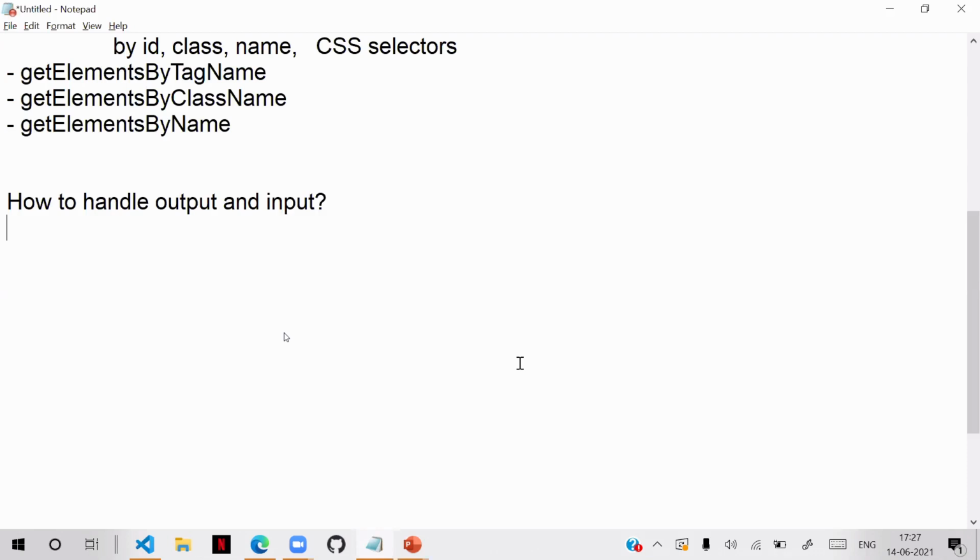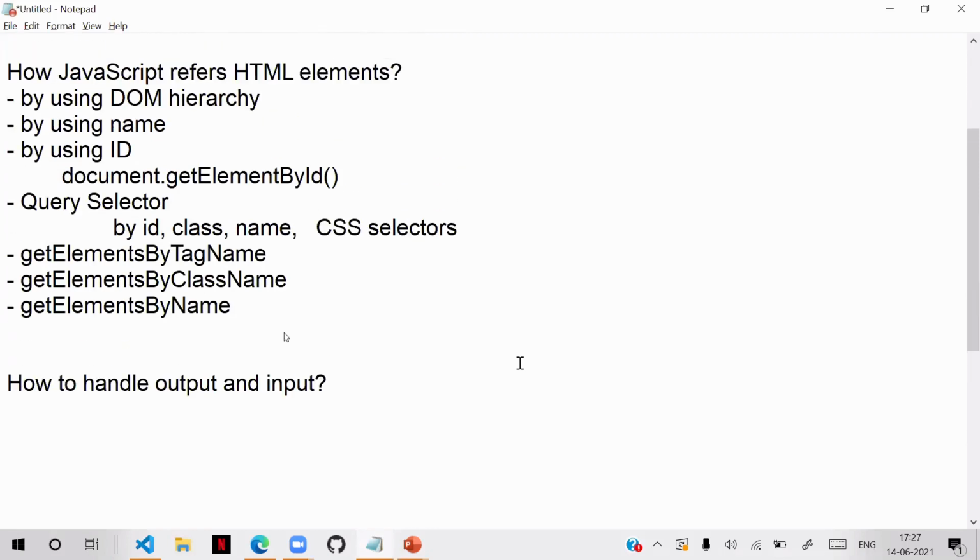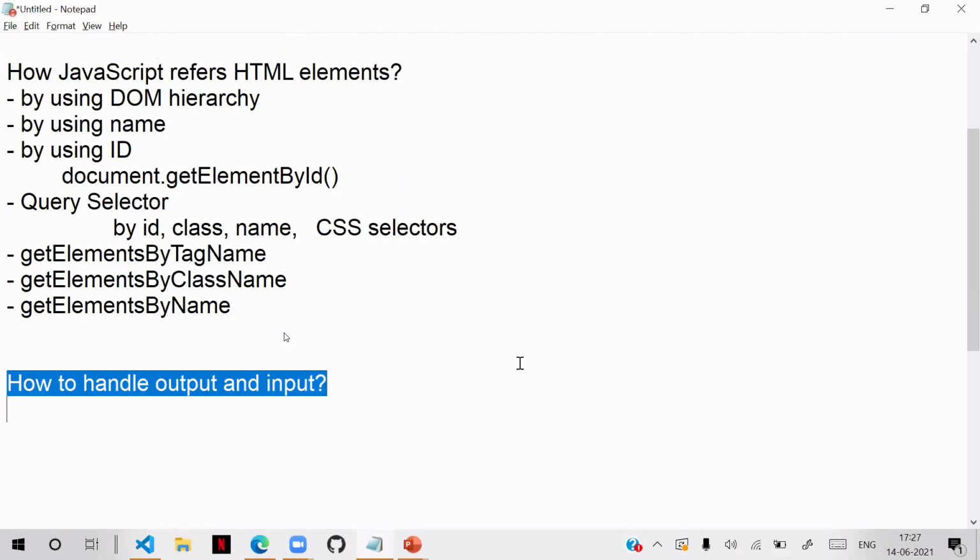In tomorrow's session, we will learn about output and input, because up to this you should practice first. I will upload all the examples today. You have to practice that. Then we can go into output and input. Now, once you are aware of that, then we can start working on examples, how to handle them. Okay. So tomorrow we will continue with this, right?